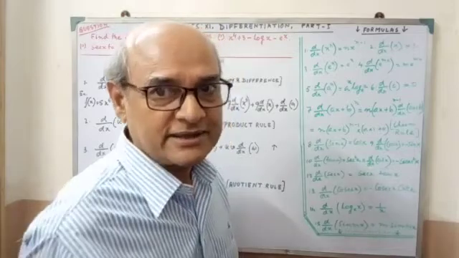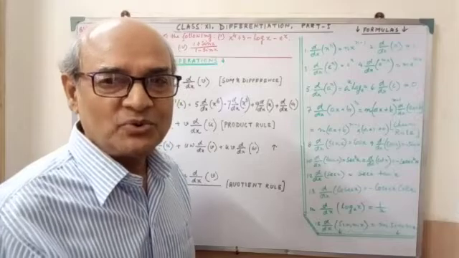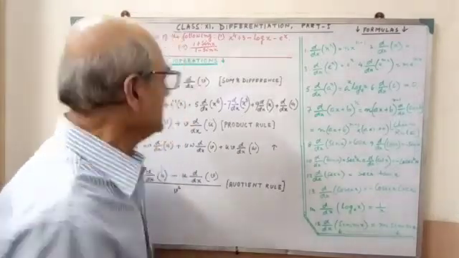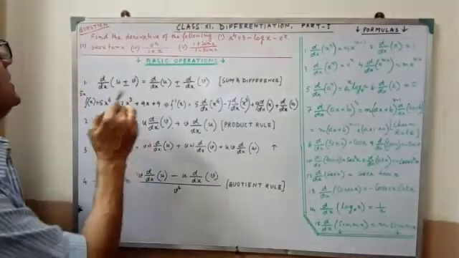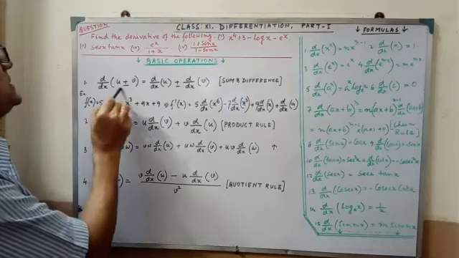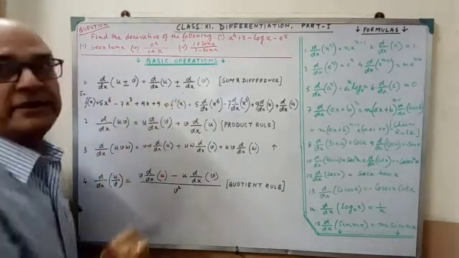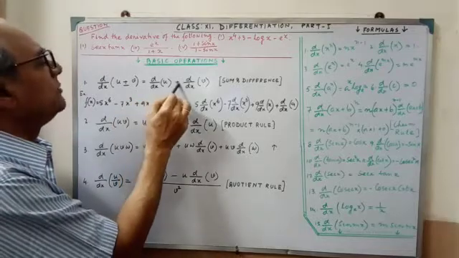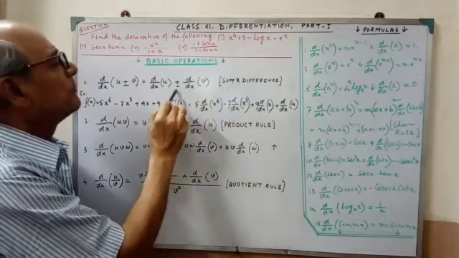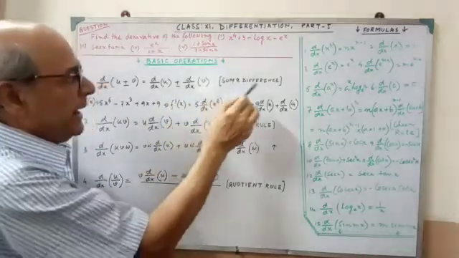And another thing, that is basic operation. If you understand clearly, then no problem. Differentiation you will do very smoothly. See the basic operation. d by dx, u plus minus v. That means this is the expression. This expression we may write separately. If it is given plus, then it will be plus. If it is given minus, then it will be minus. This method or operation is known as sum and difference.